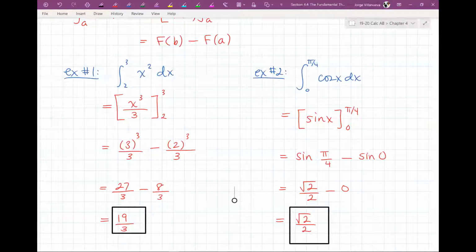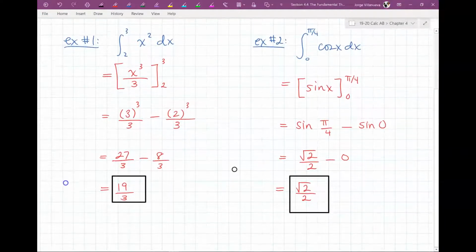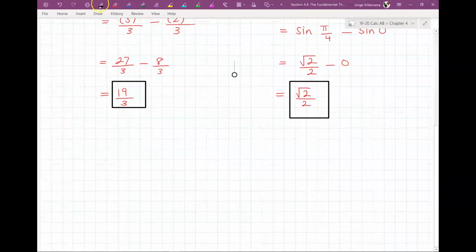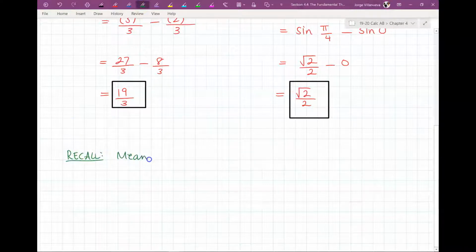Okay? So like I said, we're just going to do a couple extra examples. So there you go. Now let's talk about the mean value theorem for integration. Okay? So the mean value theorem for integration. But before we do that, just a real quick recall. The mean value theorem, so MVT, mean value theorem for derivatives. I'm going to put right here, for derivatives. Now we normally don't call it the mean value theorem for derivatives, but right now I'm just putting it there,